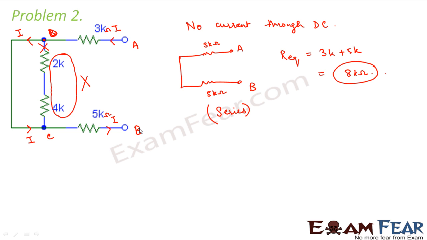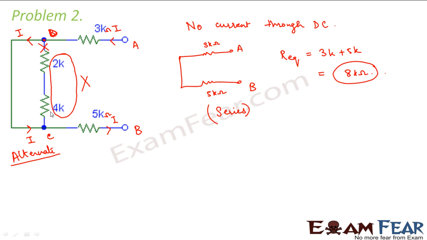Now let us suppose you tell me that no, I am not convinced that current will follow the easiest path. Why can't current go through this path also? Suppose you say that I feel that current should go through this path also. Let me also try to solve the same question using an alternate method. In the alternate method, we don't assume that these two do not play a role. Let us suppose that these two resistances also play a role. In that case, what will happen?